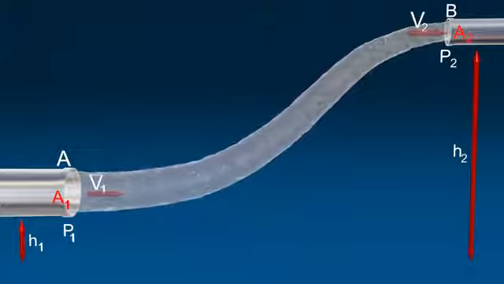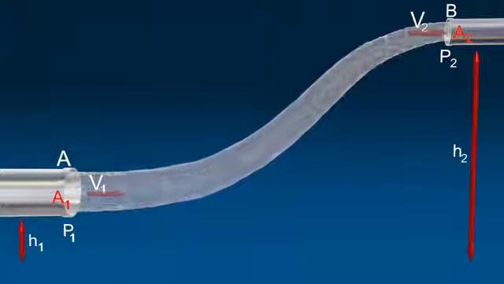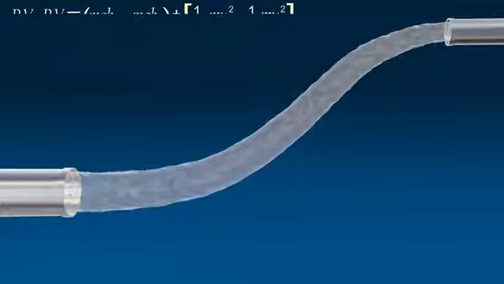Net work done equals P1V minus P2V. The net work done per second is equal to the increase in potential energy and kinetic energy per second from A to B. According to the law of conservation of energy,